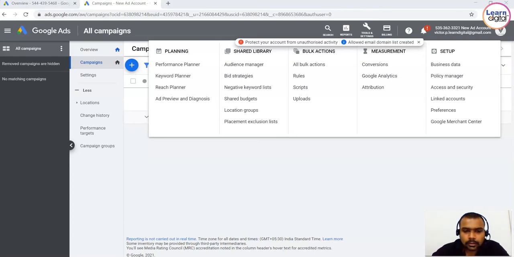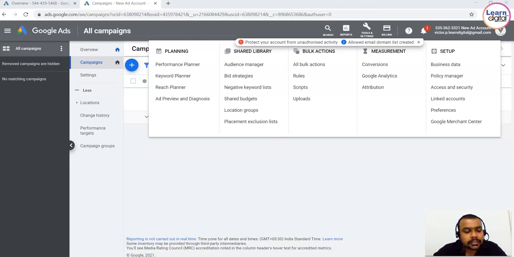The next we have placement exclusion list. As the name says, placement exclusion is where you don't want to show your advertisement. You want to exclude that particular place. Now, just as you can target placements in the Google Display Network and YouTube to show your advertisement on specific pages, sites and videos, you can also exclude placements where you don't want your ads to show. In particular, you might exclude websites or domains that aren't appropriate for your brand.